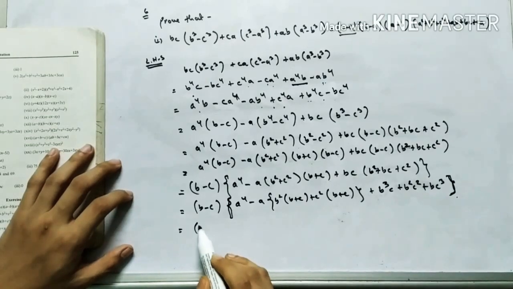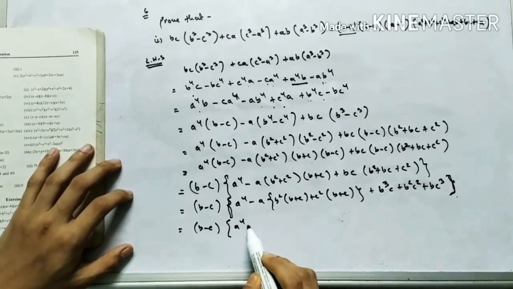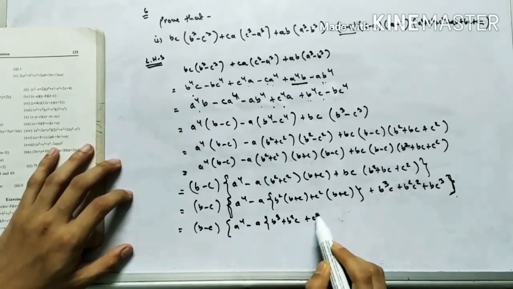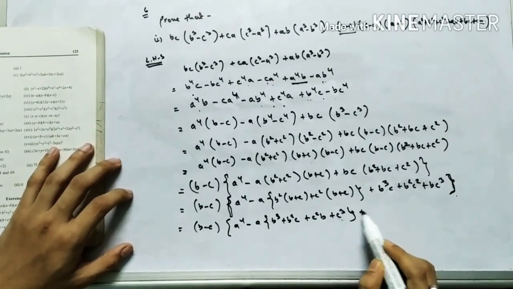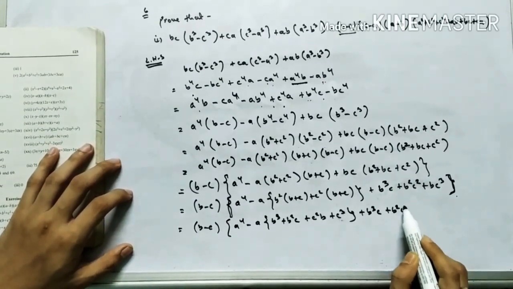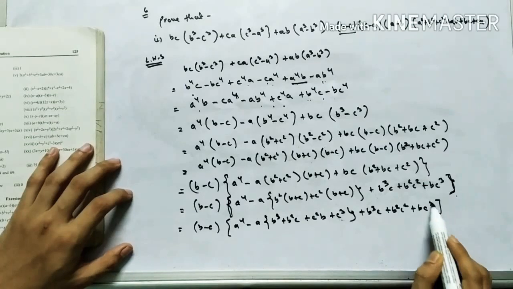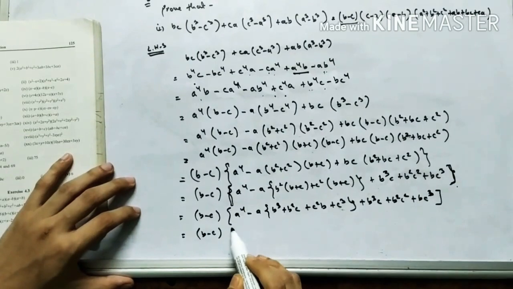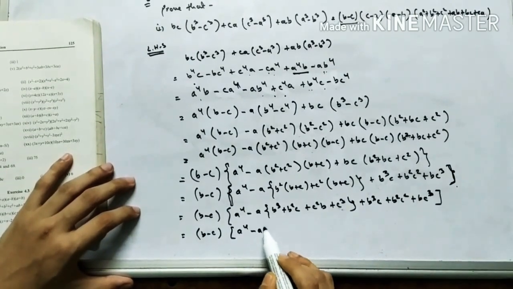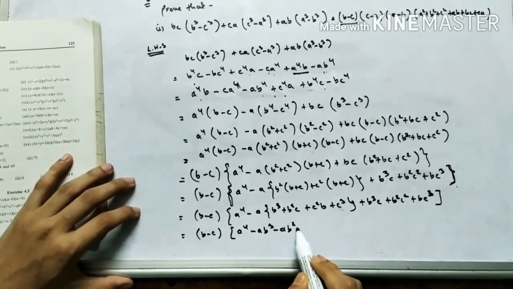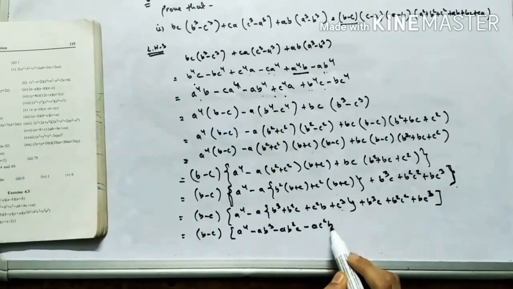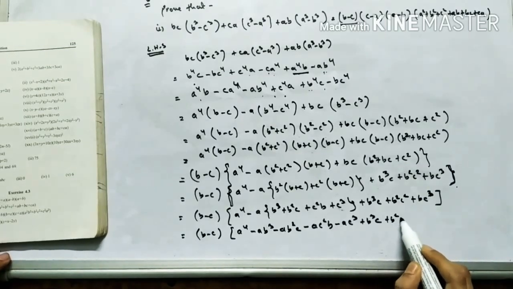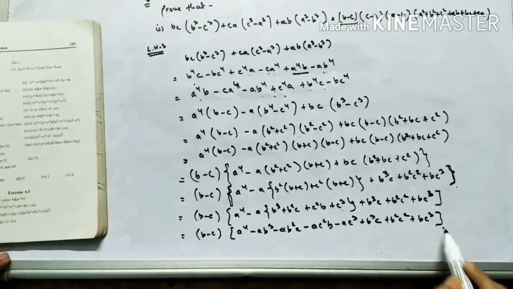So this is square bracket I am giving. b minus c square bracket a4 minus a, this is b cube plus b square c plus c square b plus c cube plus b cube c plus b square c square plus bc cube. Okay, so this is equals to, I will get b minus c a4 minus ab cube minus ab square c minus ac square b minus ac cube plus b cube c plus b square c square plus bc cube.